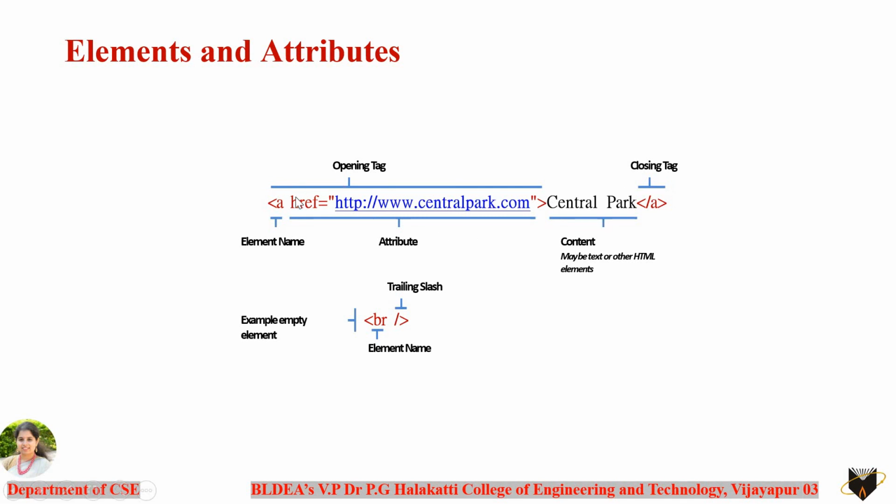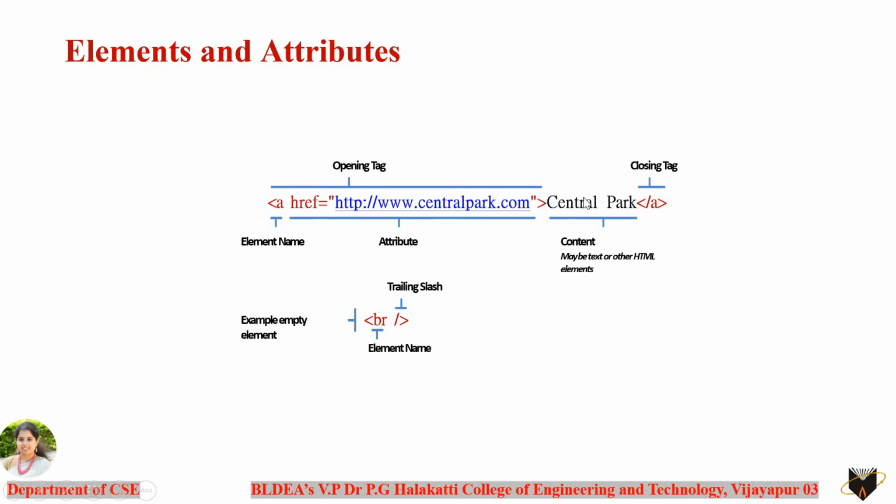So two angle brackets have been used. The first part is the opening tag. The second part, where you close it with a forward slash, is the closing tag. Within the opening tag itself, you have one more thing, which is the attribute. You can see href, which tells where to go once you click on this link, that is, which web page needs to be opened. The address of that web page is the value of this attribute, href, short for hypertext reference.